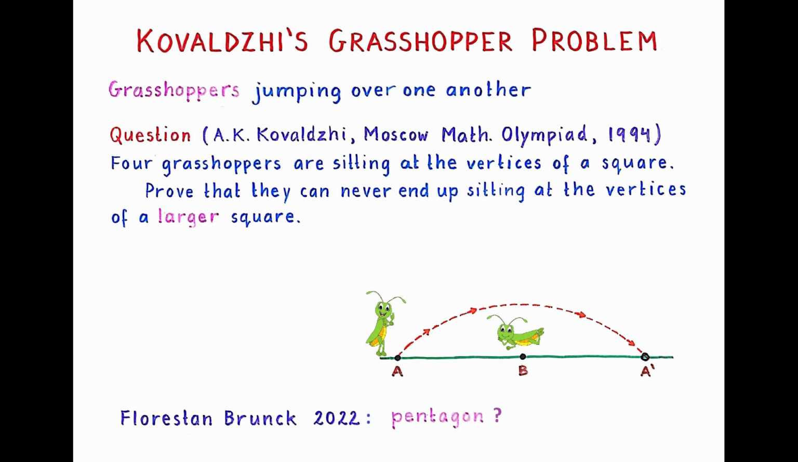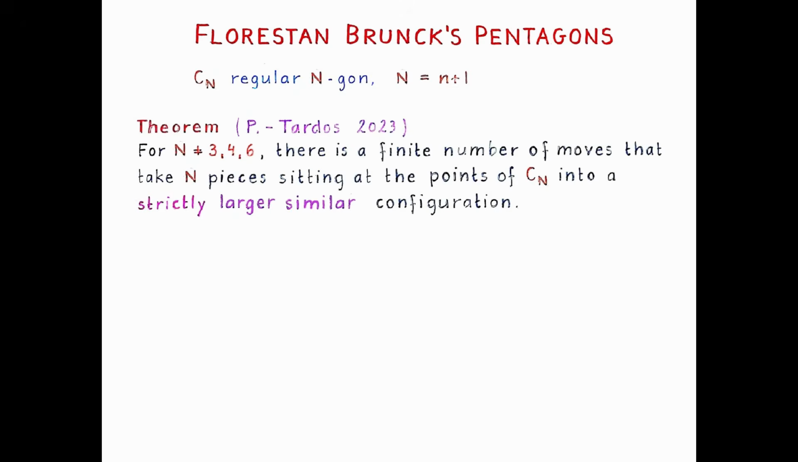Can we do that or not? Is it possible to have a sequence of moves so that the 5 grasshoppers end up at the vertices of a regular pentagon of side length bigger than the original one? And the answer is that yes, it is possible. And in fact, the previous argument that I described only works in the case when you have 3 grasshoppers or 4, as in the problem, or 6. In every other case,